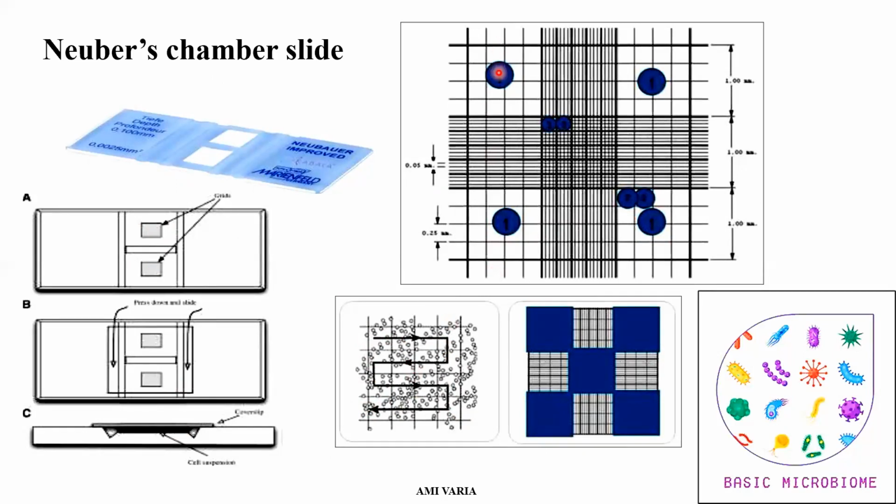These four chambers, 1, 2, 3 and 4, are used for counting of bacterial cells. This method is useful before inoculating the nutrient culture medium, before conducting any production process, and also during the growth cycle to watch whether the bacterial cell numbers are increasing, whether growth occurs in the culture medium during the whole production cycle or not.